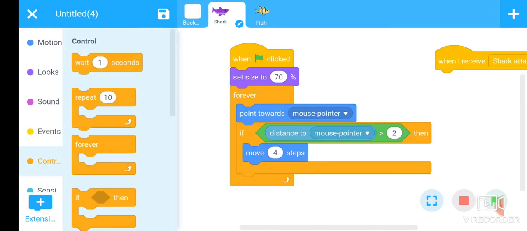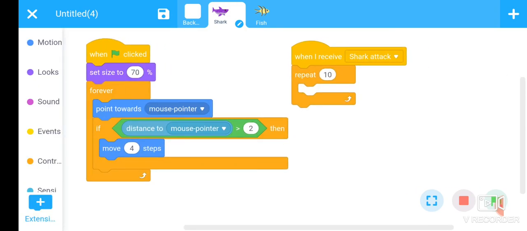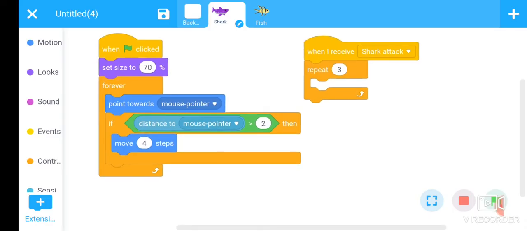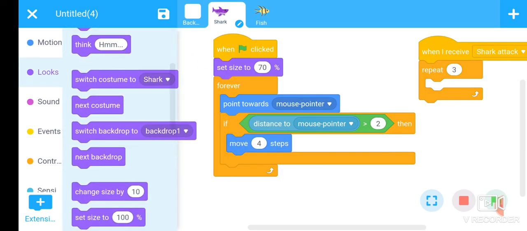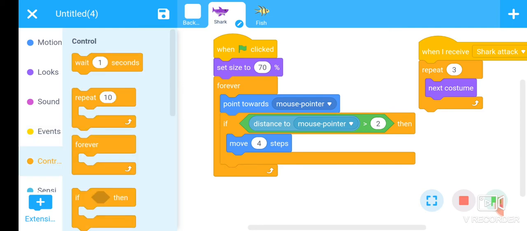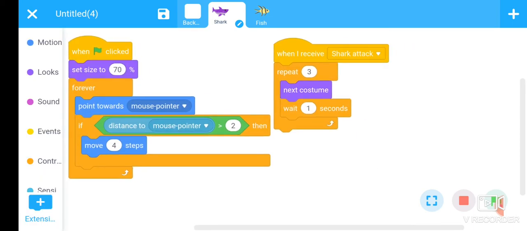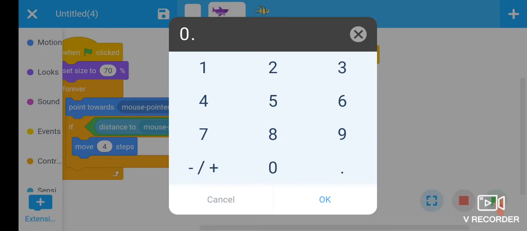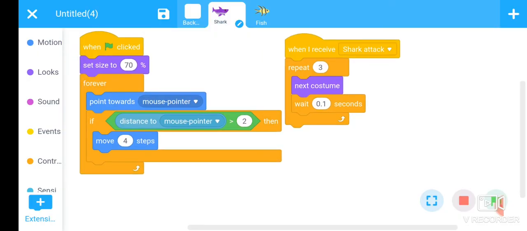Go to the Control section, use the repeat loop, put the value 3, and now go to the Looks section. There is a next costume command here, and then also add a wait of 0.01 second. Fine, and then save it.